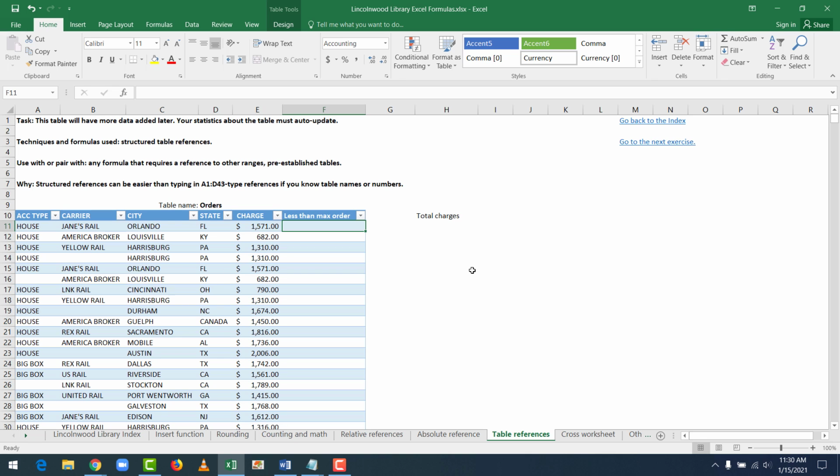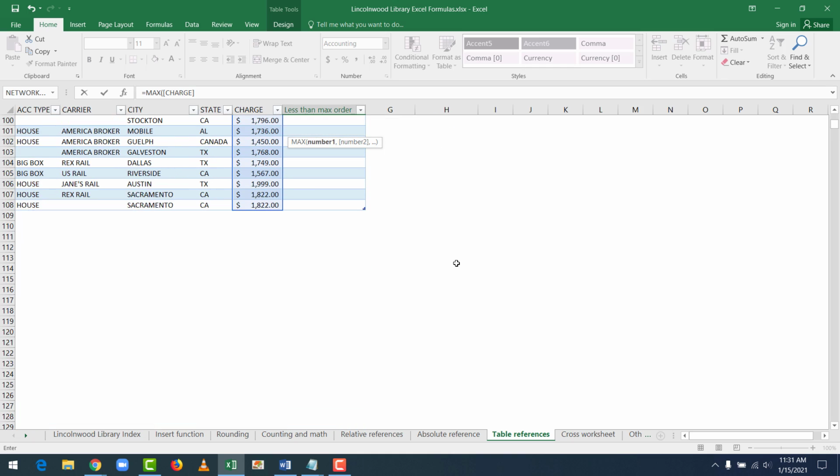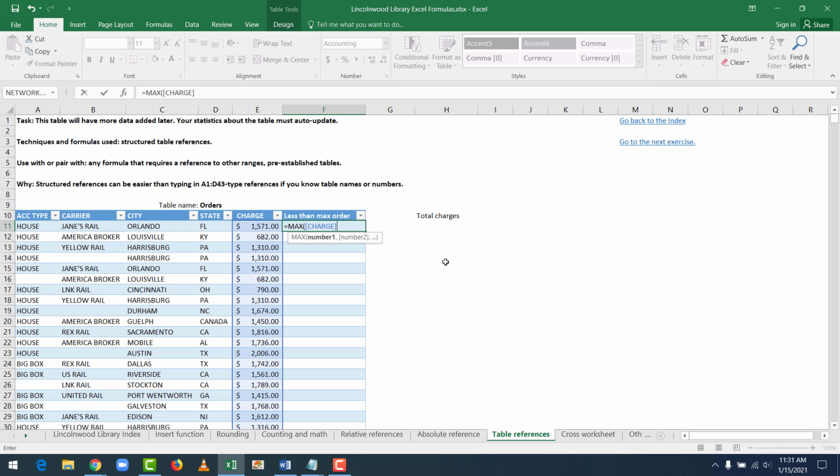So we'll click into cell F11 and start with our equal sign. First, we have to find the maximum charge. So we'll use the MAX formula, and then we want to refer to the whole range of charges in column E. To do that, you start with a bracket next to the P key, and it even lists for you all of the available columns that you have, and you see they match the labels that are in this spreadsheet. So I'll say Charge, close bracket, and you see that refers to the whole data set, the whole column. I can scroll down and it goes all the way down. So close parenthesis, I found the max charge, and then minus,